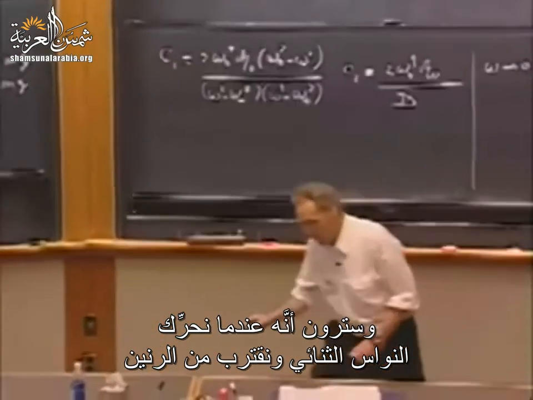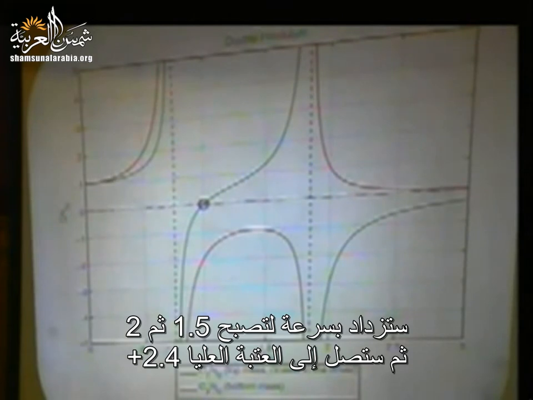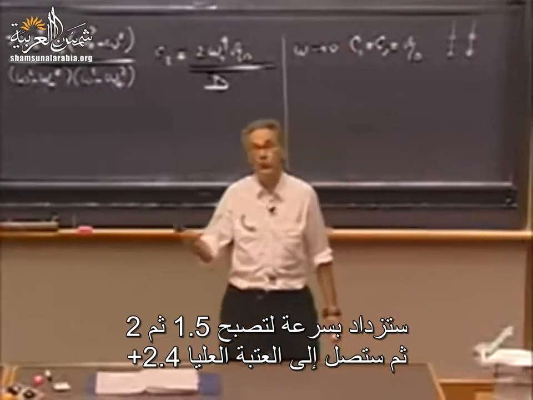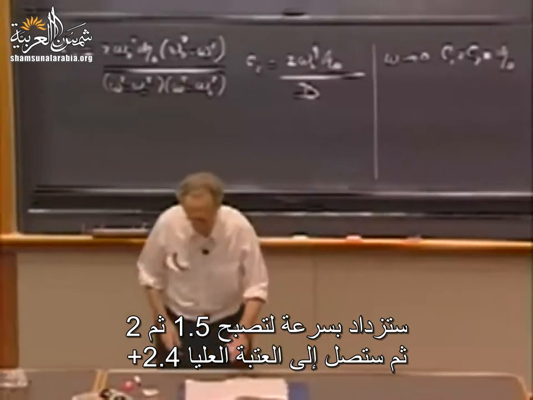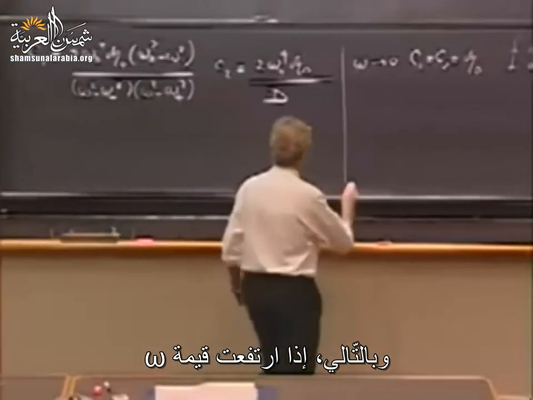However, you will see that when you drive this system, the double pendulum, and you approach resonance, you will very quickly see that the ratio of the amplitude of the second one over the top one will grow, will become 1.5, will become 2, and then in the limiting case, you will get the +2.4. So as omega goes up,